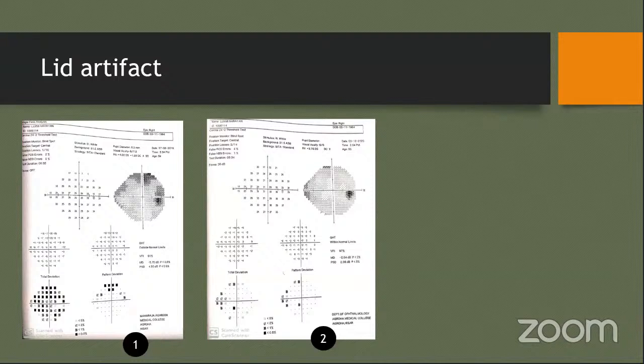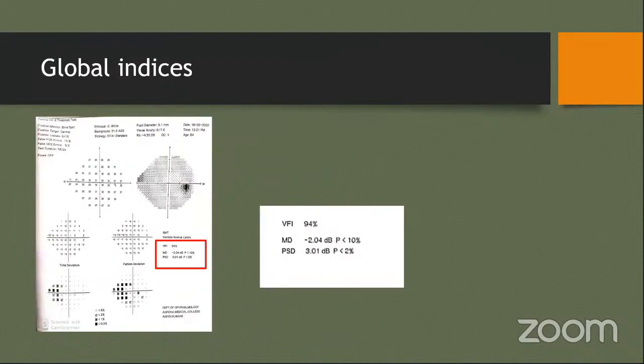Then based upon this information on the visual fields, we have to decide what is abnormal. So what were the defects we are seeing, whether they are glaucomatous or not. Then we take the help of the 3 global indices, namely the mean deviation, pattern standard deviation, and the visual field index. Mean deviation primarily gives the average defect on our total deviation,